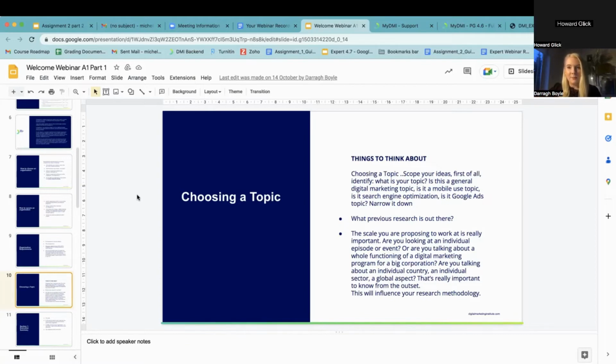When we show you the sample assignments, you'll be able to nail down a bit more how it should look, and then you'll get inspired for your own topics. So what previous research is out there? You could pick something that's already been done and really piggyback off that for your secondary research, and then fill in the gaps. So you might find a gap, something they didn't find, another question you want to answer. Maybe look at that as a topic because it's already been done. You've got the information there and you're going to add to it and make it more interesting.